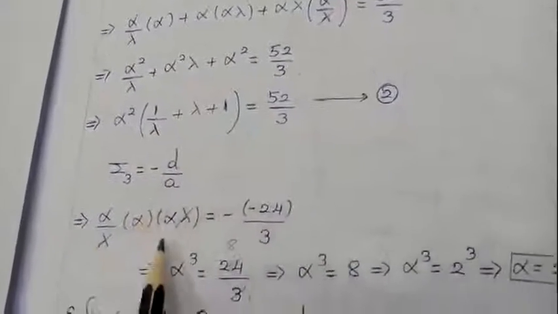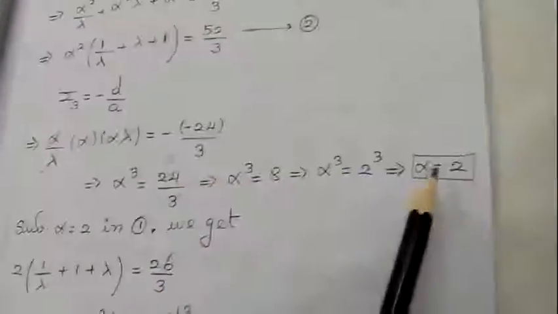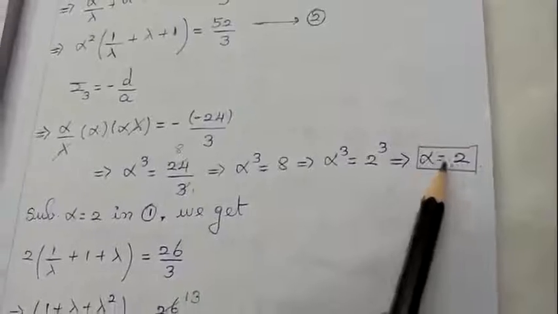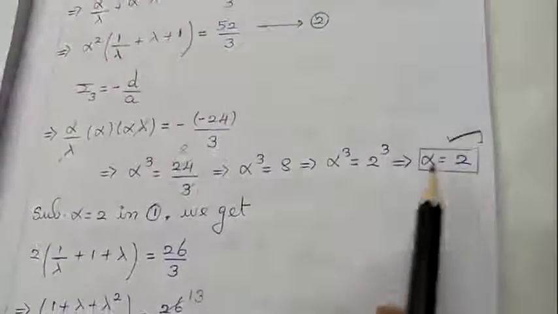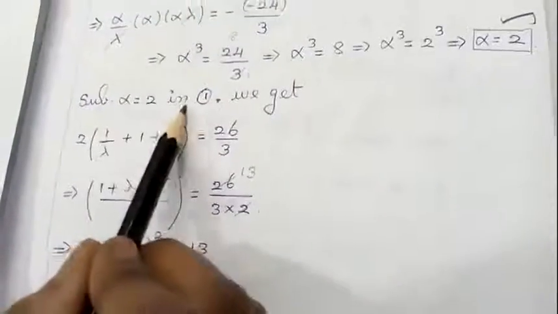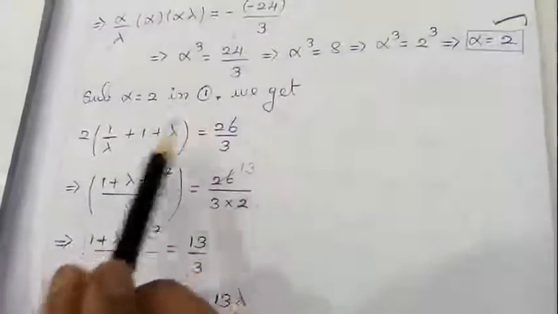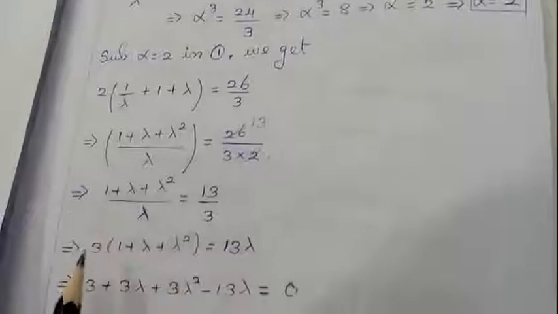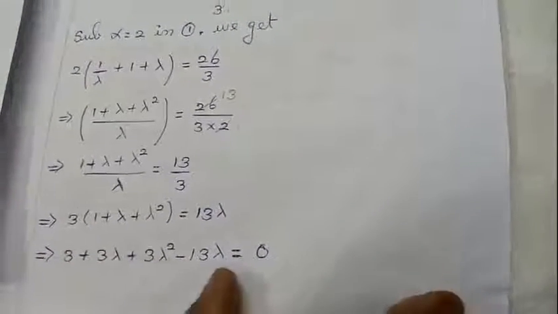Summation 3, you are going to multiply the roots. After multiplying, I am going to get the answer alpha equal to 2. So for one unknown I got the answer, alpha equal to 2. Substitute that alpha in equation 1. We get equation 1, I am going to replace. I am going to get the value like this. That is, I am going to get an equation in this way. I am going to form a quadratic equation.